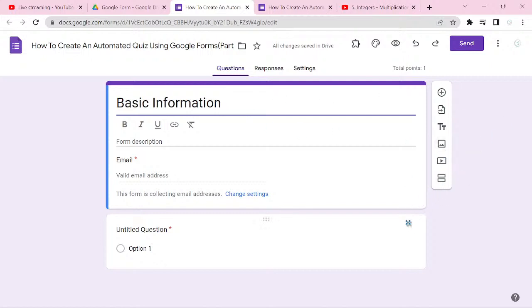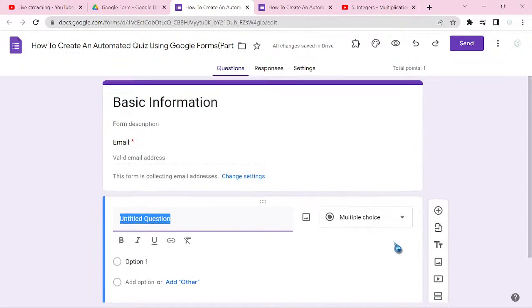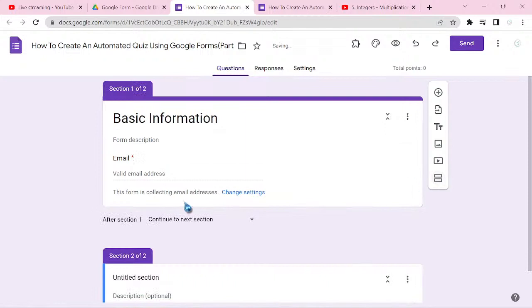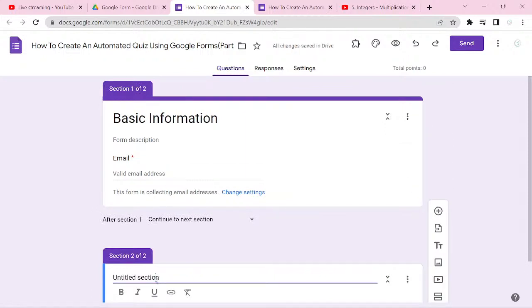Okay, then if you like, you can leave this one. If you like, you can delete it. It depends on you. So let's remove it. I like to create all the sections first. So when you come to this Add section sign, you click on it. So you can name it according to the flow chart. So this should be